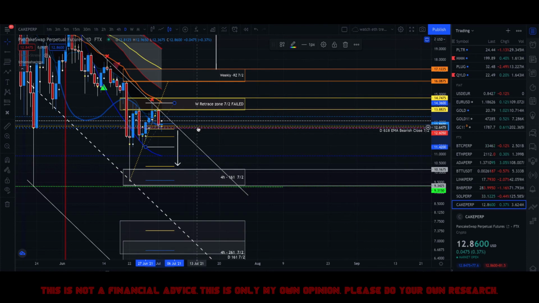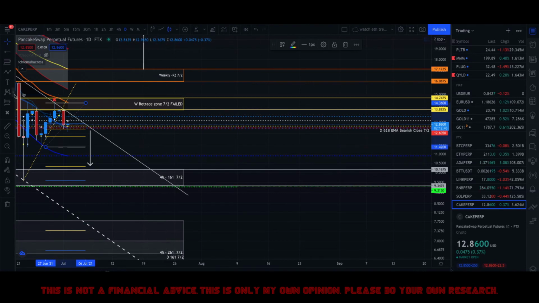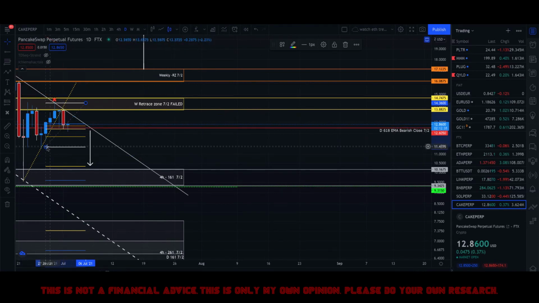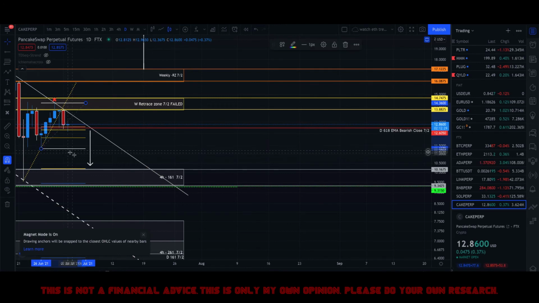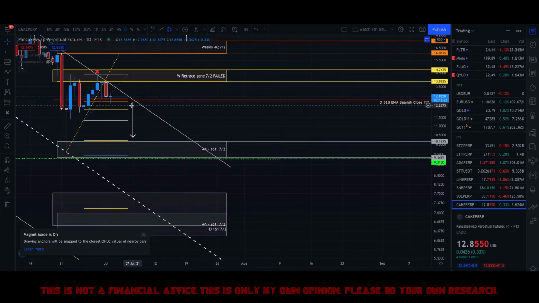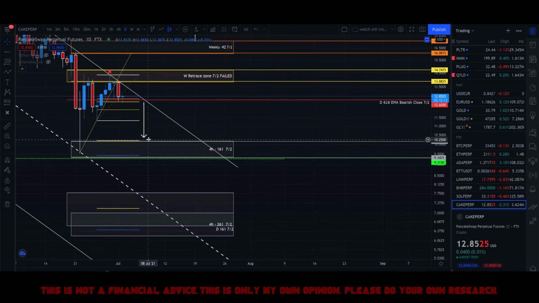There, this is my 618 Fibonacci zone of this move right here. Can't see it. There. So a close below the red line is a bearish move. That means that we're probably gonna head to the 161 zone or box right here. So we may go touch the 161, bounce back up, or we may continue and touch the weekly support